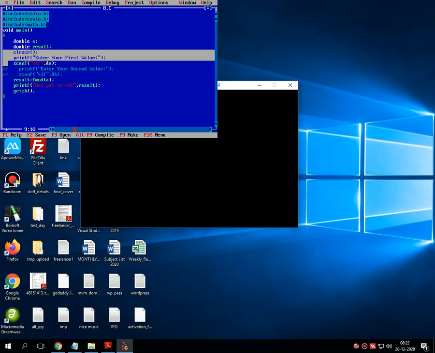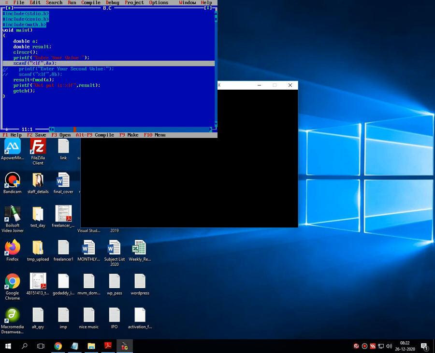That means there is a message, enter your value, and then there is a scanf statement which reads and stores the user inputted value into the declared variable called a, and then I have passed that variable a as a parametric value into the function called fmod. So the syntax of fmod is very simple: fmod, then inside the brackets the parametric value, then whatever the output comes is stored inside the variable called result, and the printf statement will print that result onto the screen, concatenated with the message output is.